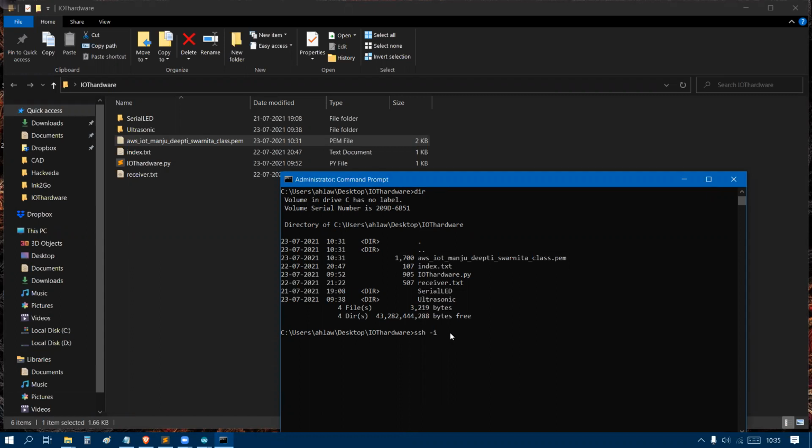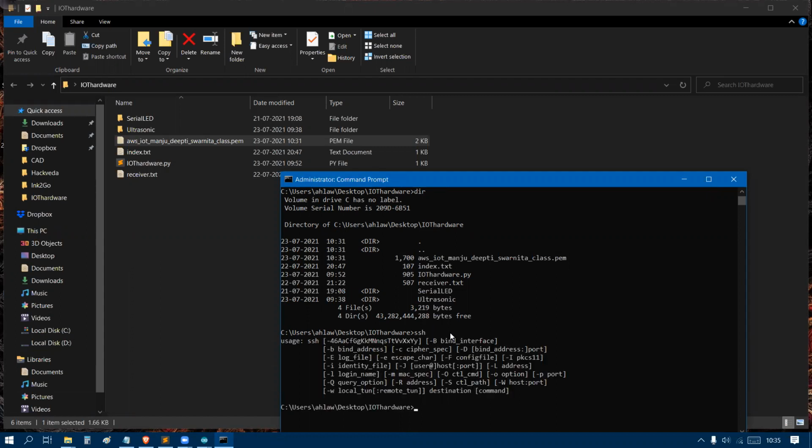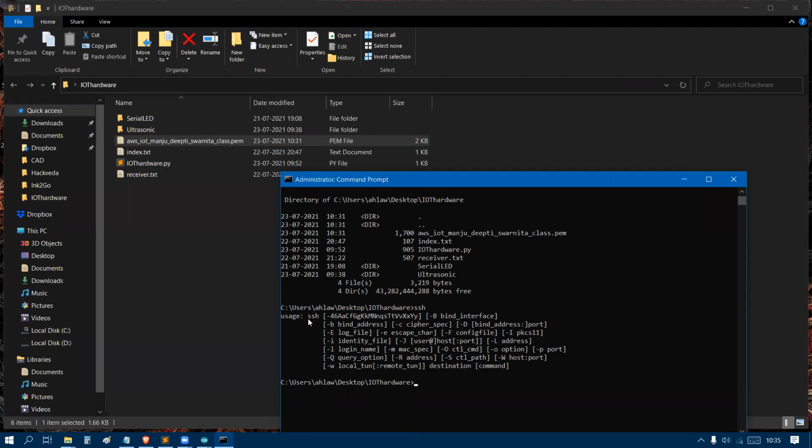Use the SSH command. If I just type SSH, it will tell me the information also. I have to use SSH with the dash i option because there's an identity file, which is the PEM file. I give the name of the PEM file as well, and then connect to the server using the IP address that Amit gave me. So SSH dash i and the file name.